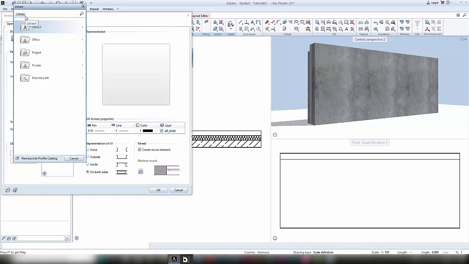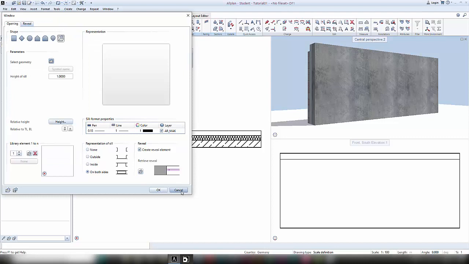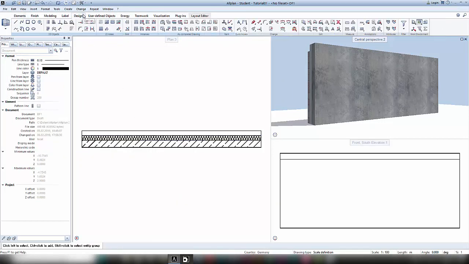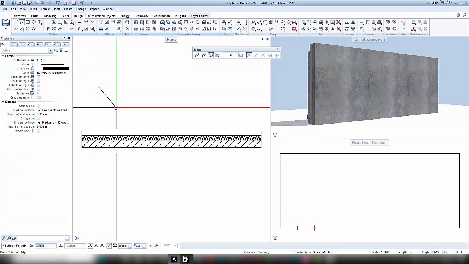So before we create the window, we need to draw a two-dimensional symbol and save it in our library so that Allplan can work with it. I quit the window function and go to the task Design to find my two-dimensional functions. I simply draw a form that I like